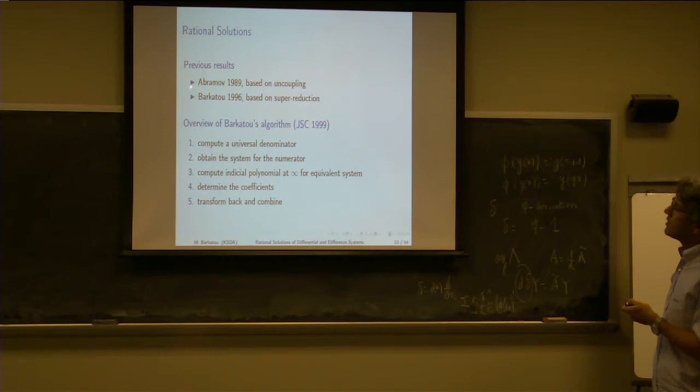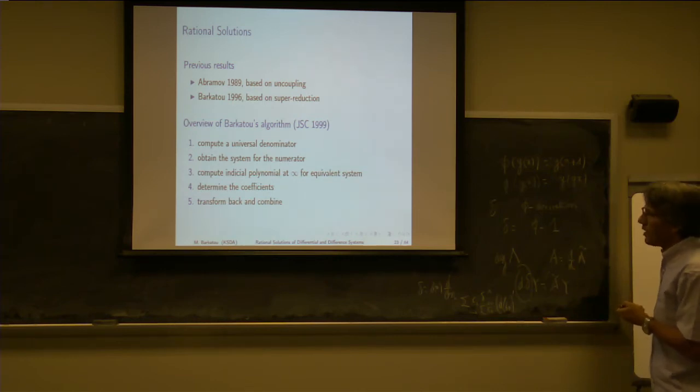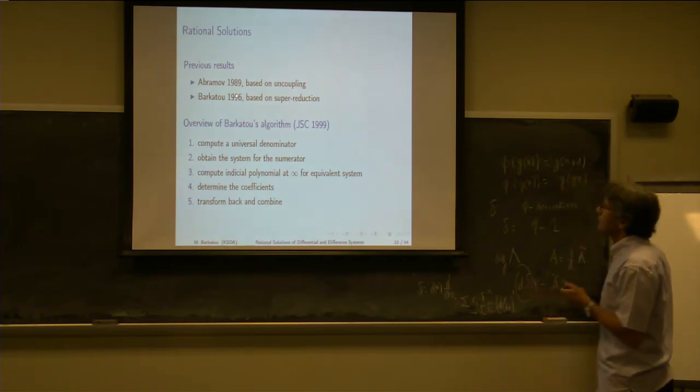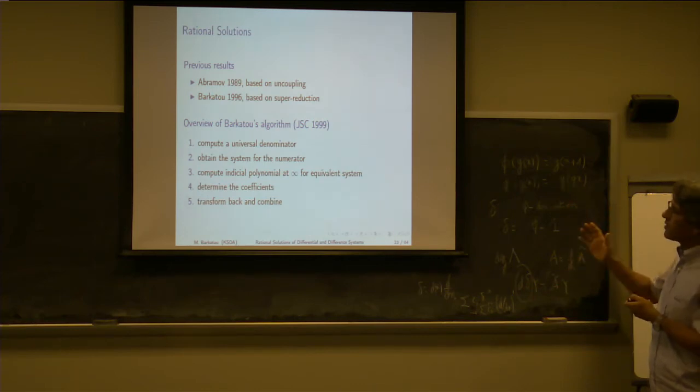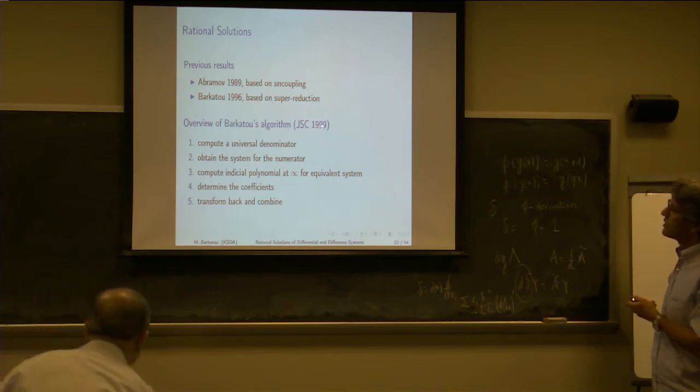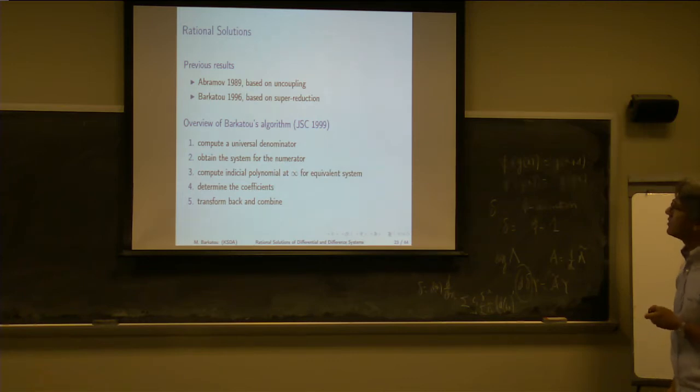So, previous results. There is an algorithm by Abramov, and there are variants of this algorithm after these days by Abramov and Bronstein and Kwiatkowski, for example. For a scalar equation, okay. What Abramov and others proposed is just uncoupling the system using a cyclic vector, for example, and applying their methods. And the method I'm going to present to you, which is the direct method, goes back to 1996 and was published in 1999. But the result goes back to this. And okay, I will explain now